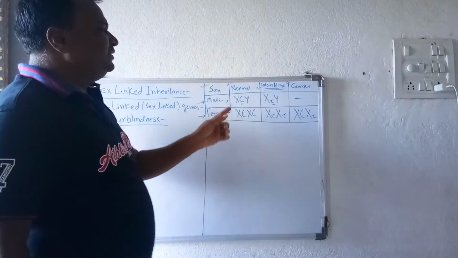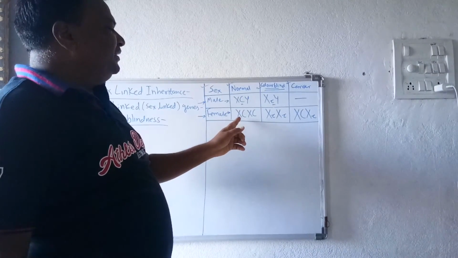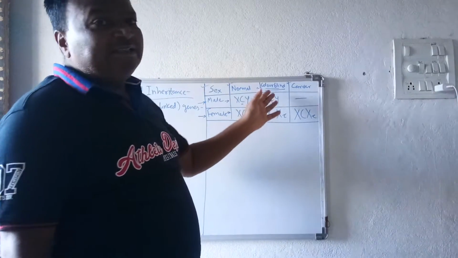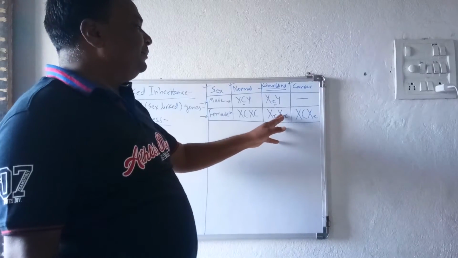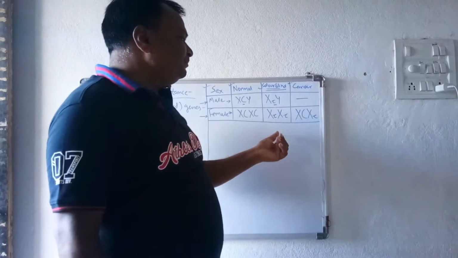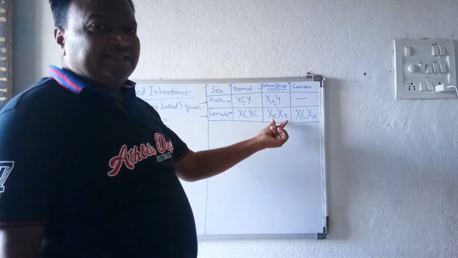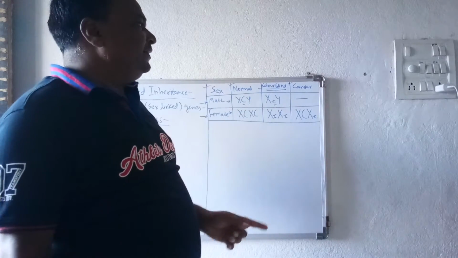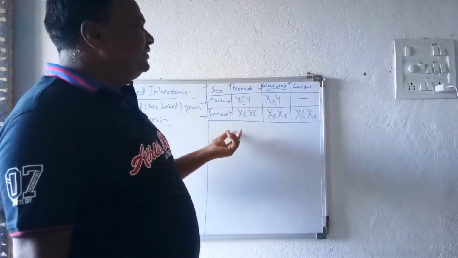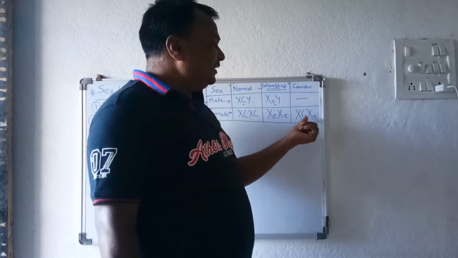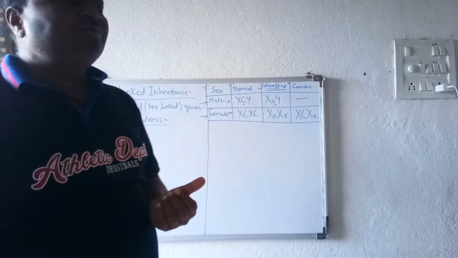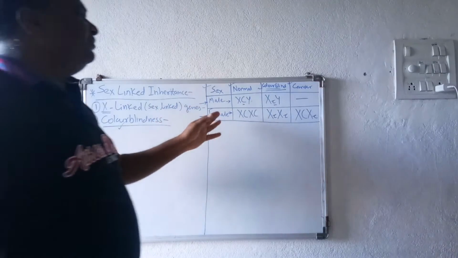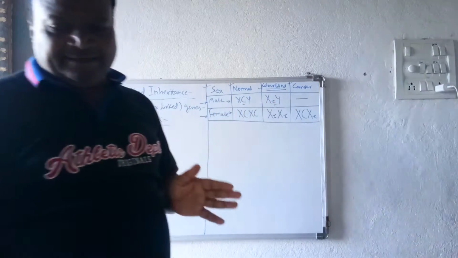Then about femaleness, the normal female will exhibit capital X, capital C, capital X, capital C type of genotype. Then the color blind female will show capital X, small c, capital X, small c type of alleles, in which both these recessive alleles are present on both X chromosomes, and that female individual will be color blind. Then the carrier female, in which one X chromosome carries this capital C gene and the other will be the small c gene. And such a chart exhibits sex, male as well as female, with the normal vision, color blind vision, and the carrier.